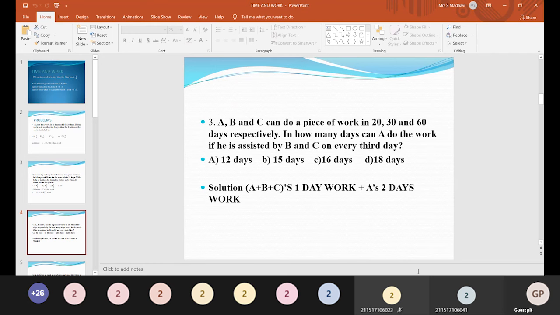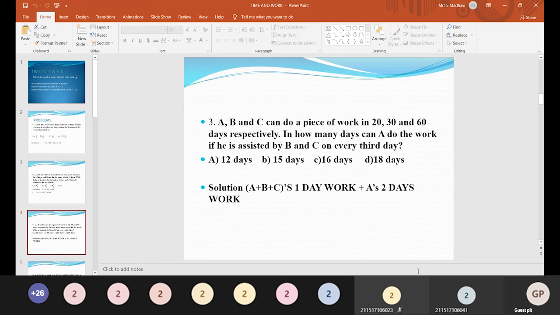Then A's 2 days' work is 1 by 20 into 2, which is equal to 1 by 10. Here A plus B plus C's 1 day's work is 1 by 10 and A's 2 days' work is 1 by 10. Why are we doing this? Here A does the work, assisted by B and C on every third day. So first A is doing the work for 2 days, and B and C combine only on every third